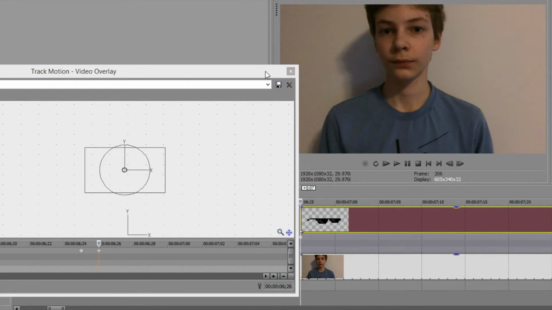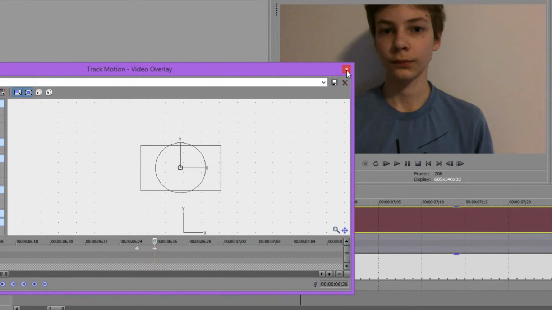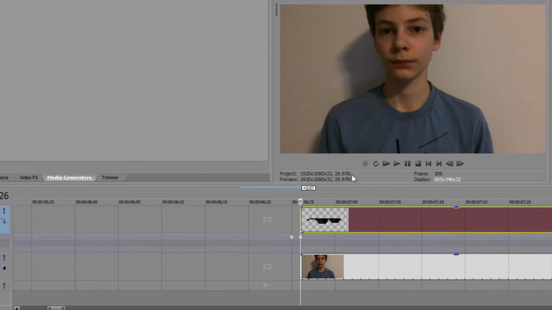So once that's out, you want to determine what frame rate and how many keyframes you're going to use. For example, this project is 30 frames per second, or 29.97. So what I'm going to do, to get a fairly smooth motion track but also one that won't take extremely long, is one keyframe every 3 frames. So if it's 30 frames per second, you have 10 keyframes per second, so one every